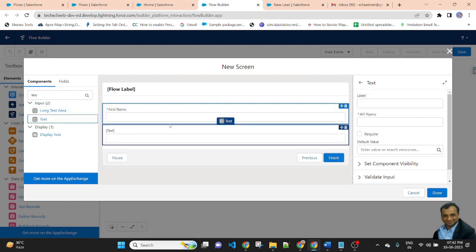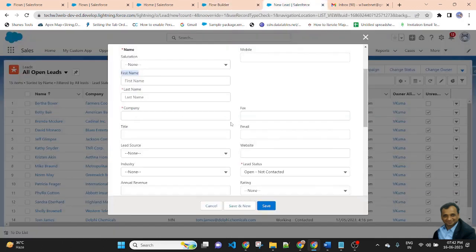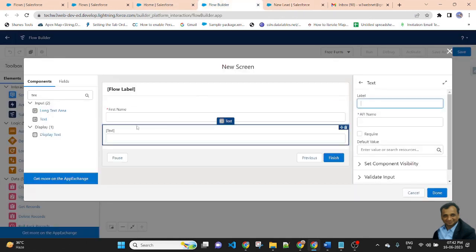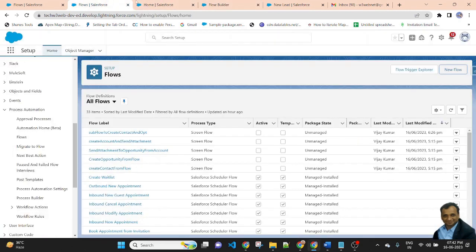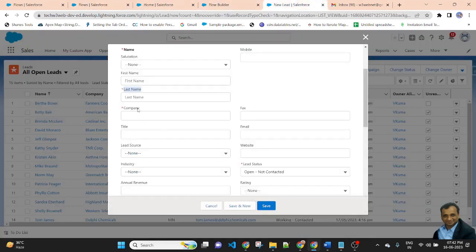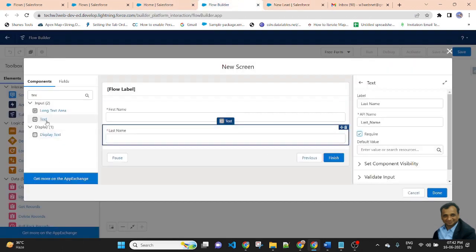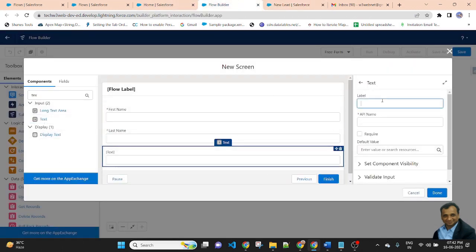Text, last name, label last name, API name last name, it is a required field. After that, company, it is a required field.